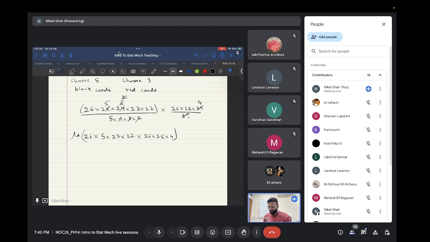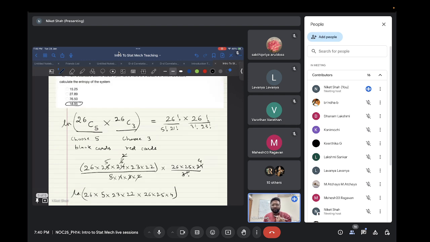So basically what you will assume is that this 18.95 is the value of entropy in such units wherein k is equal to 1. So these are very different units. They are not the standard system of units. This is a different unit system in which you are calculating it to be 18.95. But you don't need to get into the hassle of actually putting in the Boltzmann constant and writing it in terms of 10 to the power minus 23. We try to avoid that kind of calculation. So that's why we choose such units so that the calculation becomes easier.